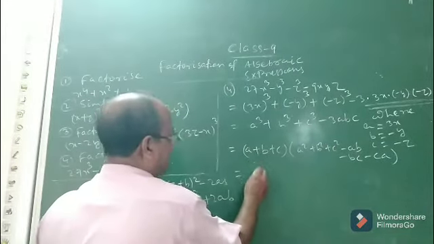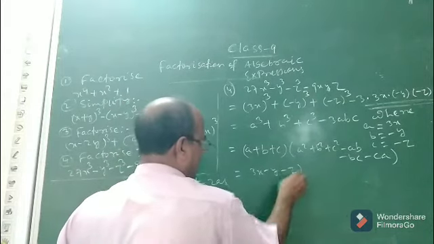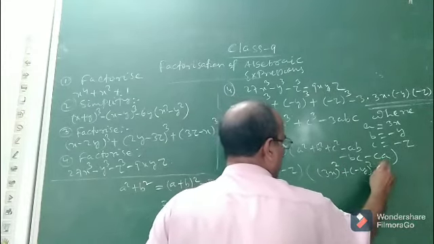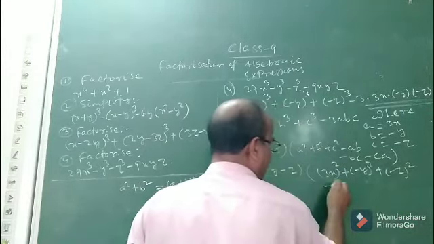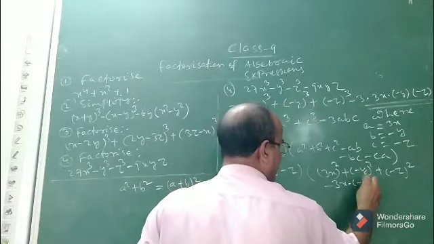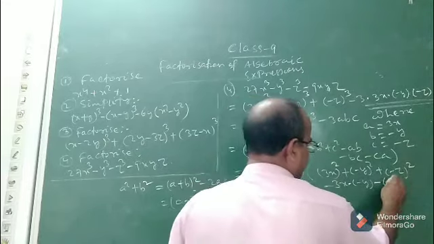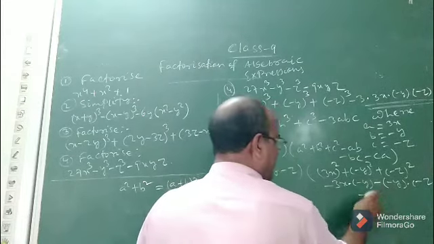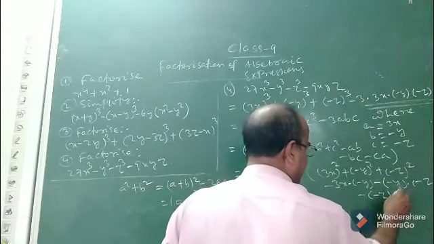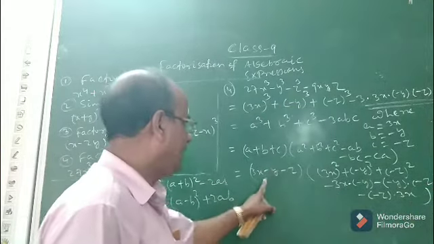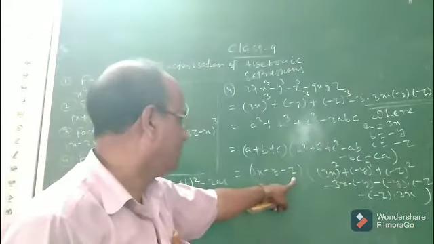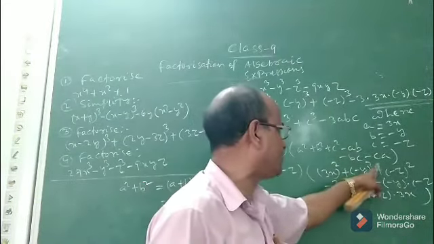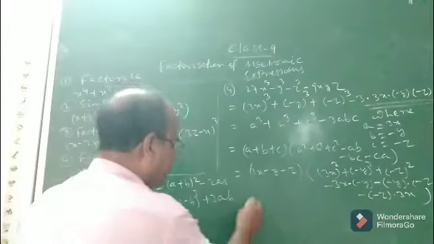Now you put the values in place of a, b, c: 3x, minus y, minus z. This is (3x) whole square plus (minus y) whole square plus (minus z) whole square minus ab, means 3x into minus y, minus bc, means minus into minus y into minus z, minus ca, means minus z into 3x. You see, a plus b plus c, I put the values of a, b and c. Then a square means (3x) square, b square means (minus y) square. You put the values and simplify. So this will be